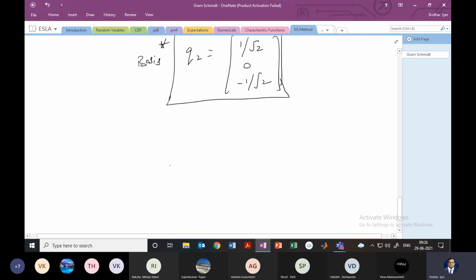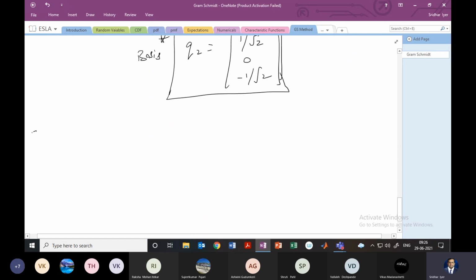Why will we have three? Because three matrices are given to us, right? So now we need to perform step number 3, and step number 3 is to find capital C, and then from capital C we will get Q3, which is C divided by the length of C, right? So we'll do Q3 a little later, and then we will be able to find our Q, okay, and write it in the format, and then we can factorize A equal to QR as well. Okay, so that we'll check.